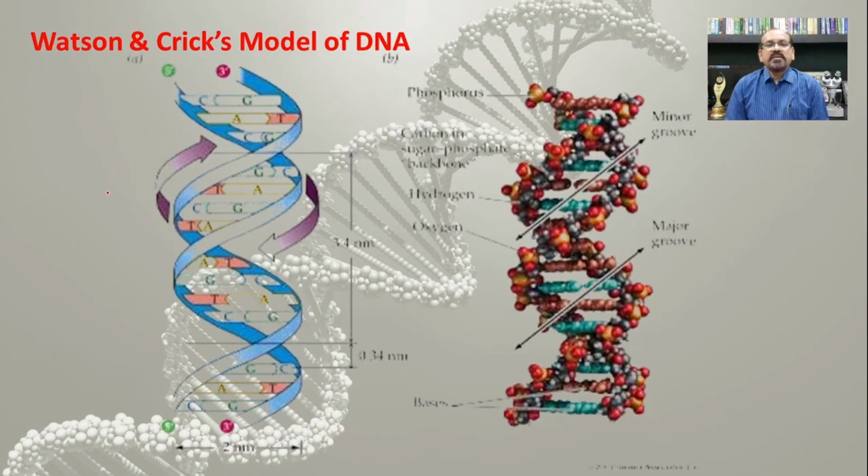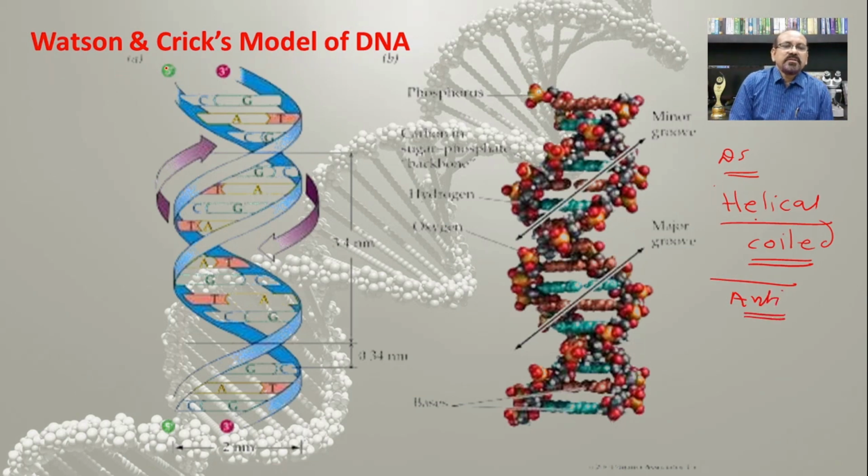So this structure is not straight but it is helical, and helical means coiled, means around its axis there is a twisting or coiling of both these strands, which are formed by the sugar, nitrogen bases and the phosphate, and in this way there is a formation of a double stranded helical structure in which both these strands are anti-parallel to each other.